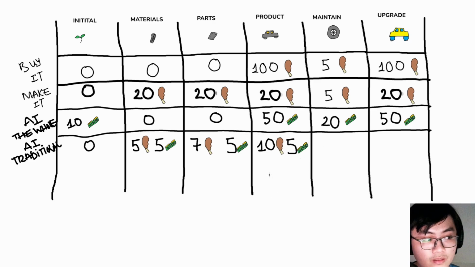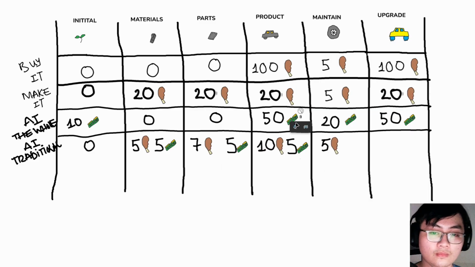Since in this one the AI part of the product is somewhat doable for a human, the human can be used right here. So it is 5 chicken legs, and also